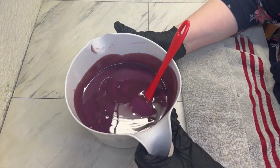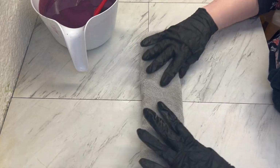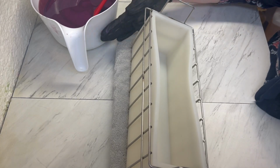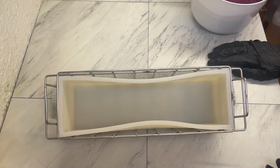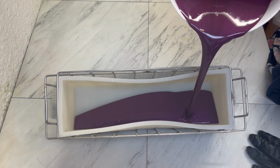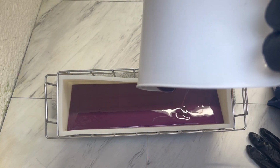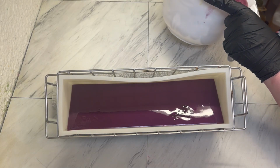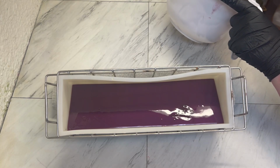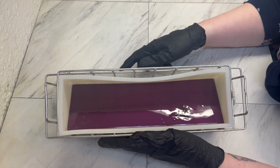So here we are. I just have a towel, because I don't really want it to be that flat. I'm going to slant our mold, and I'm going to turn it so you can see it. Okay, and we're going to pour everything in. Let's not scrape out the bucket. We'll leave it for the top. And then we're going to very carefully slide this out of our way